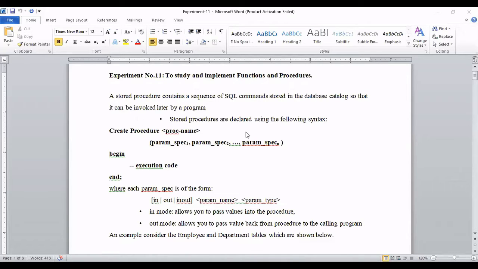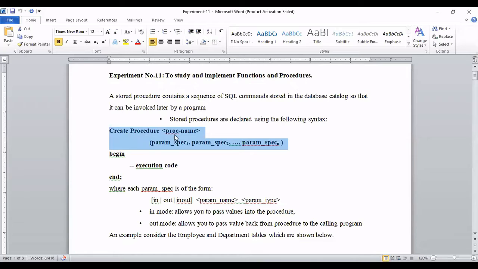So this is the syntax. You can see I am underlining. Just see the syntax for creating a procedure: create procedure, and see here there is an angle bracket. This is user defined, you can give any name, but outside the angle bracket these are keywords. Create is a keyword, and remember this is not case sensitive.